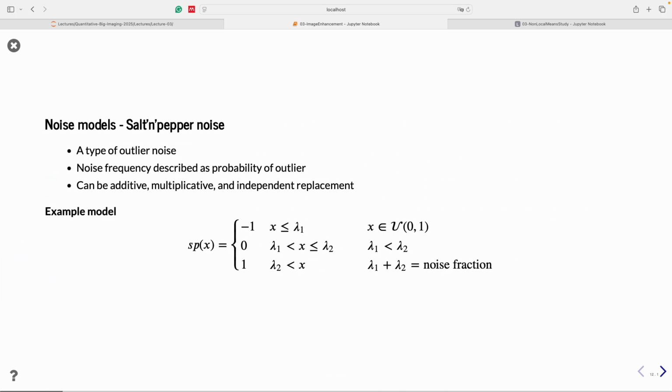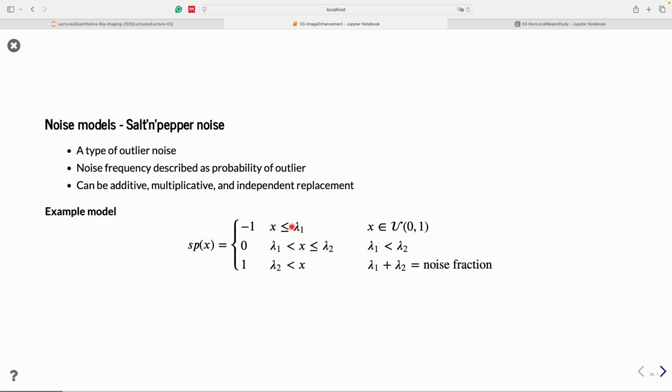Then we come to the salt and pepper. And here we have, in principle, a type of outlier noise. It could be that it really is peaking out to saturating the detector on very localized, or it can also have some amplitude. In this case, I have modeled the salt and pepper that if the outcome of a uniform